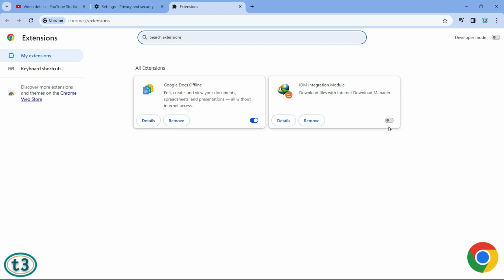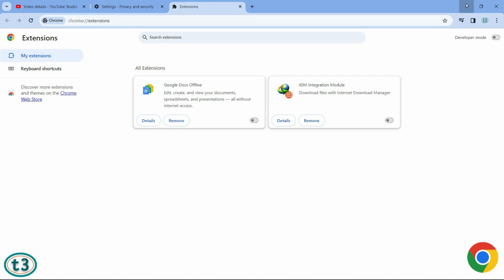If there's any extension that you don't use or think is not needed, you can just turn it off like this. You can turn them off, or you can remove them also, but it's better to just turn them off if you are not sure what to do with them. Then after that, check again if your spell check is working for you. If it is still not working for you,